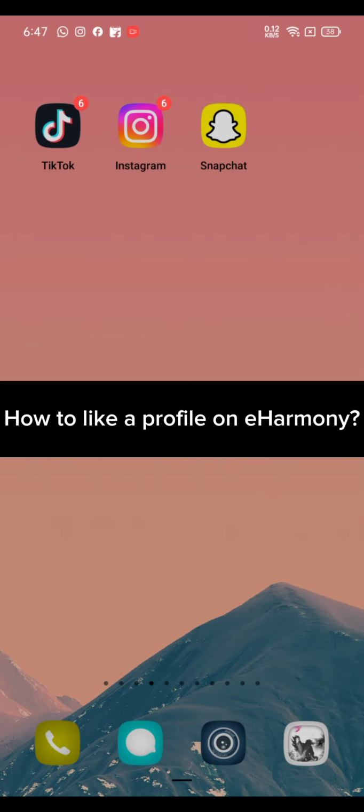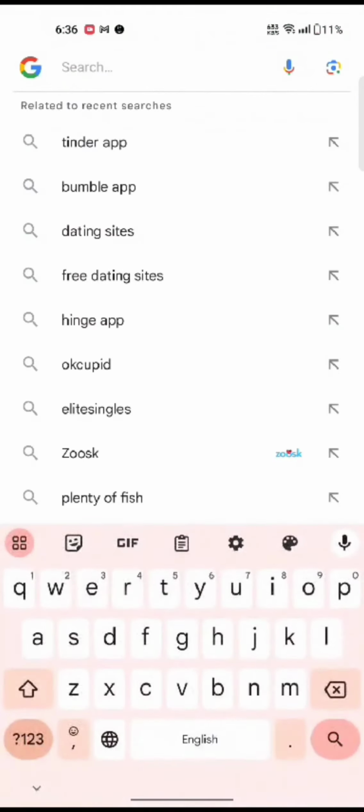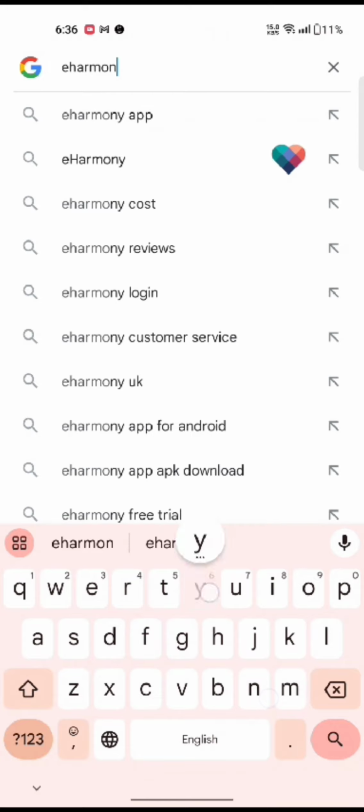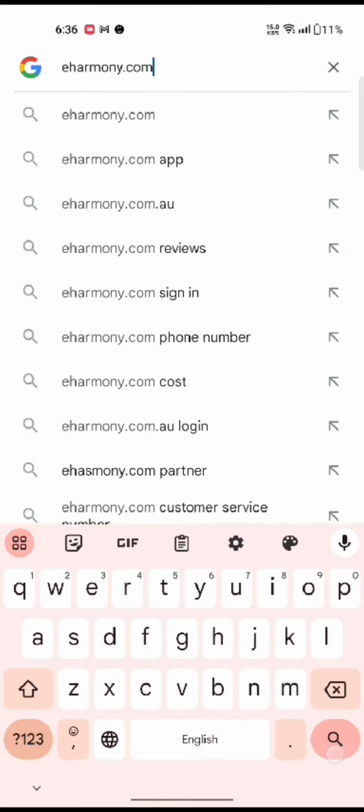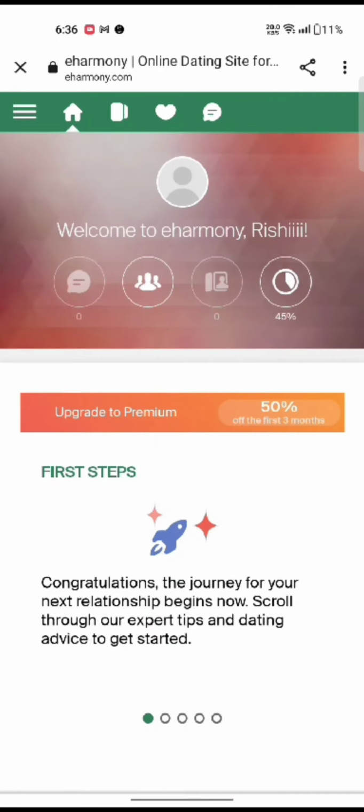To like a profile on eHarmony, firstly go ahead and open up your Google search. On the search box at the top, type in eHarmony.com and make a search. The official page of eHarmony's account will appear on the screen. Log into your account if you are not logged in, and the home page of eHarmony will appear on the